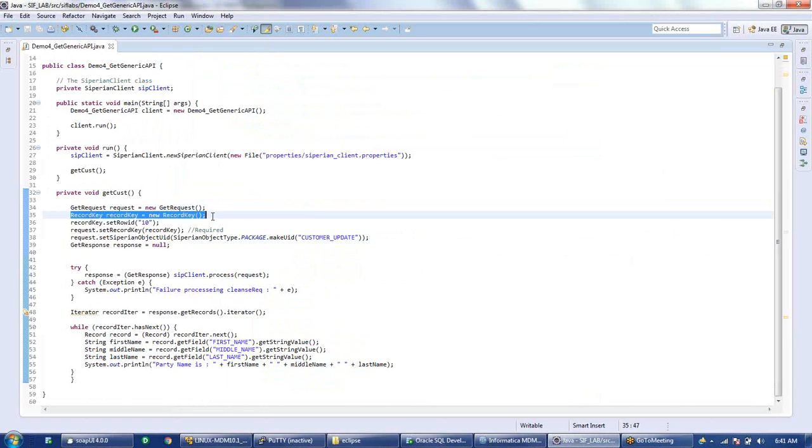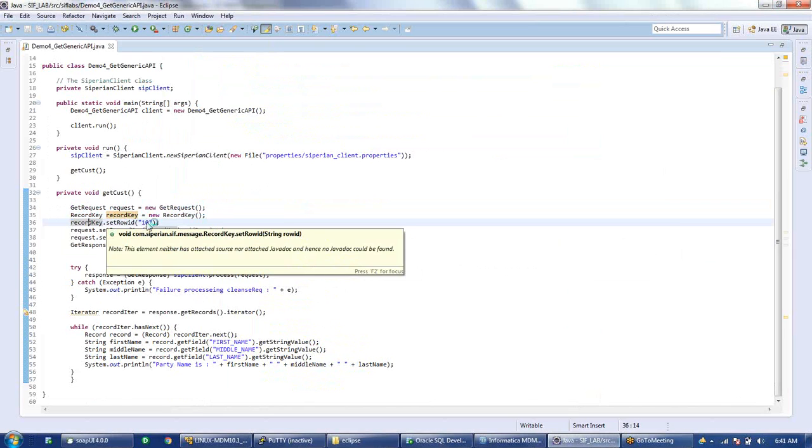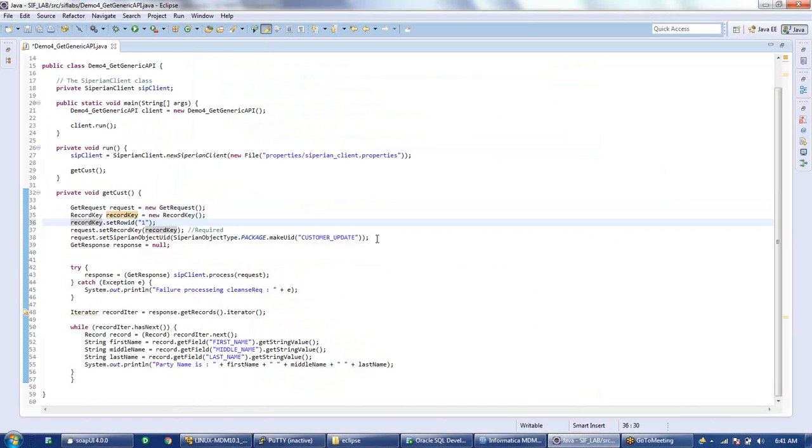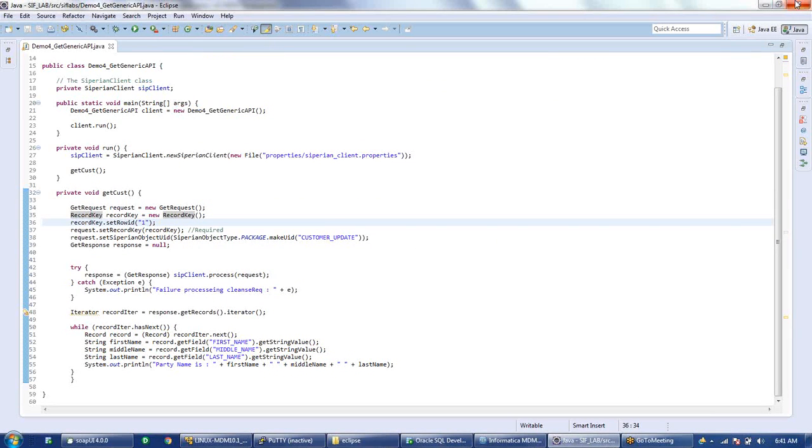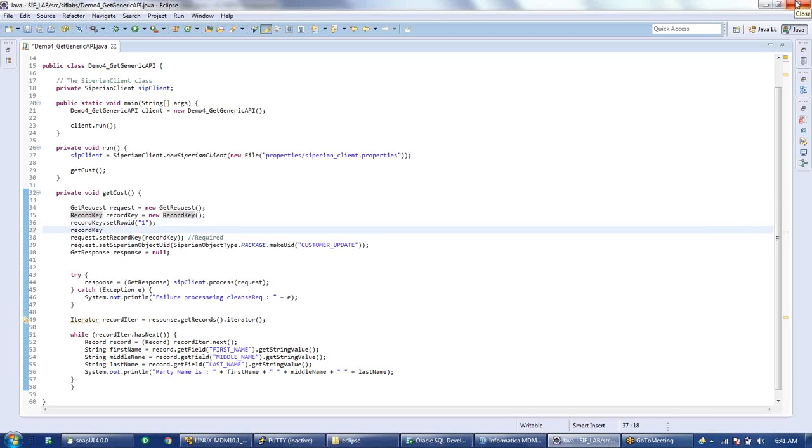We need to initialize the record key here, and once you have initialized it, I have set record key dot set roid object. So I am passing the roid object value here. Similarly, you can pass other values also, like I have passed only one. In the SOAP UI, we had passed other values as well. So we can just use this record key dot